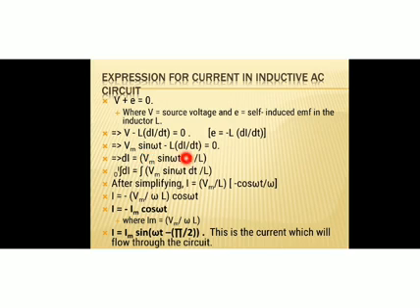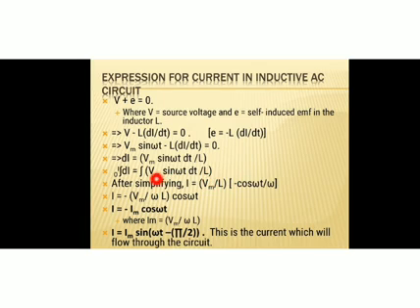Now just rearrange this expression. Keep di on the LHS and bring all the other terms to the RHS. So you will get di equal to Vm sin omega t into dt divided by L. Now we have di as an expression, so by integrating di, you will get the expression for the total current I in the circuit. So integral 0 to I di is equal to integral Vm sin omega t dt by L.